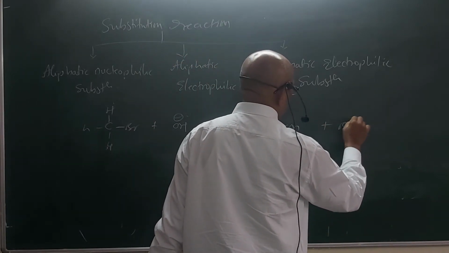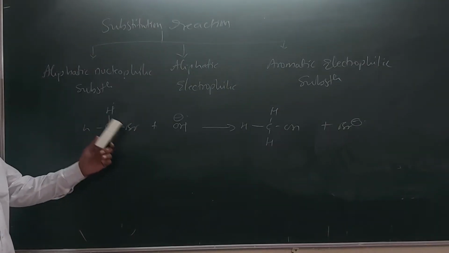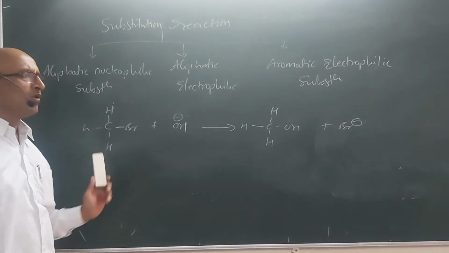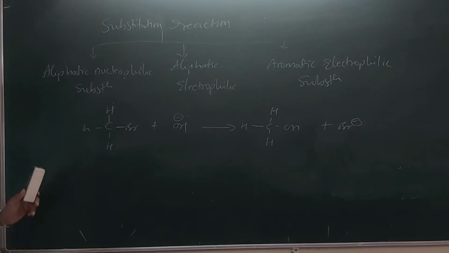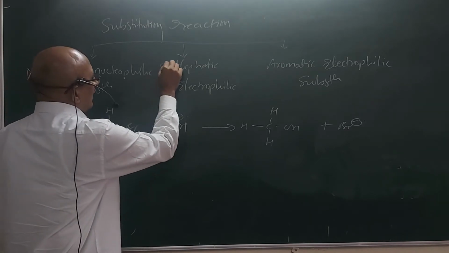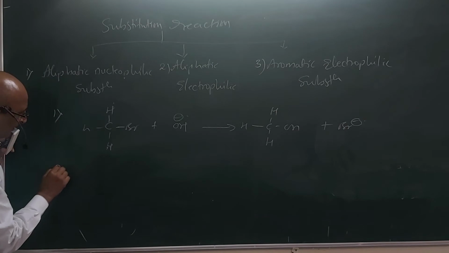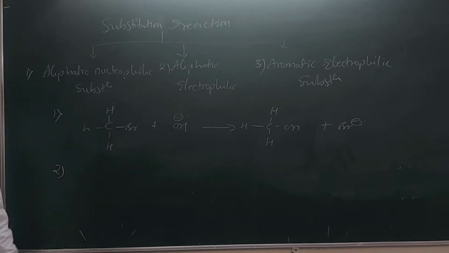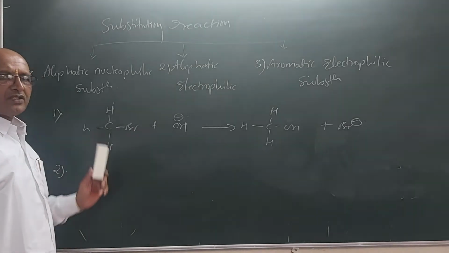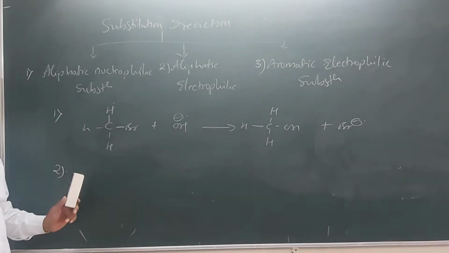plus Br minus. So this is a simple nucleophilic substitution reaction in which a nucleophilic atom from the molecule is substituted by another, stronger nucleophile. And so this type of reaction is called aliphatic nucleophilic substitution. The second type is the aliphatic electrophilic substitution. All these reactions are shown by the saturated molecules only, or the saturated